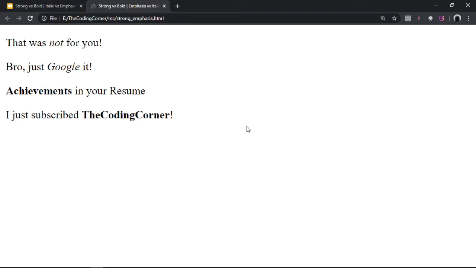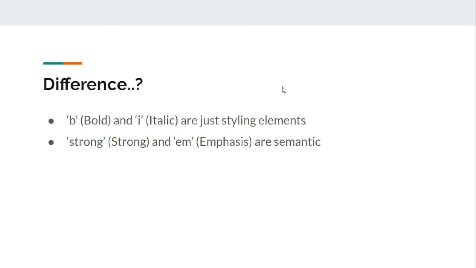And as you can see in my browser here, the ones that we wrote for the emphasis tag, the italic tag, the bold tag and the strong tag appear over here. You might notice one thing, that the emphasis and the italic tag do the same job, as well as our bold tag and the strong tag do the same job. Now you might wonder, what's the difference between them?